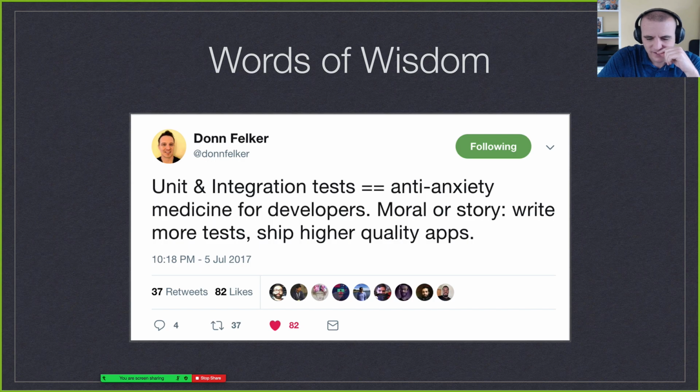One of the first big projects I was on at Capital One, I remember having a conversation with one of the QA testers. I was like, oh my gosh, what about this scenario? What about this scenario? Like we tested it, but it's not going to work every time. And I had this feeling that there's so many things that could go wrong. Is this actually working or not? And that's really when I picked up this testing stuff. And I was like, oh my gosh, my anxiety goes down because I know I've tested all these scenarios. I know this is going to work. I know it runs on every PR. And it just makes you sleep better at night, but also makes you confident because when you have a good test